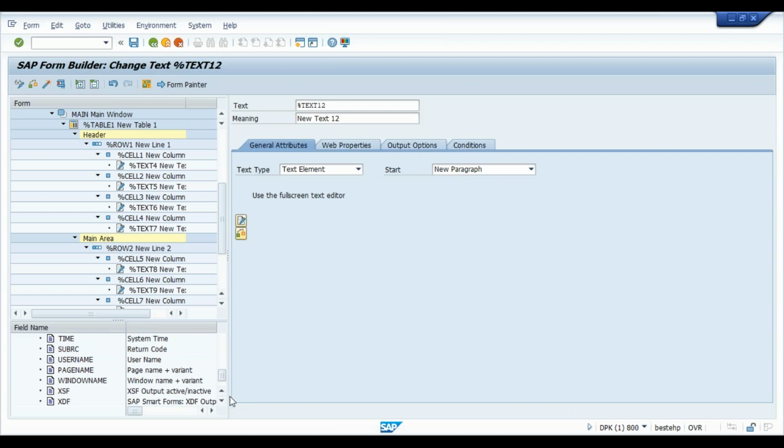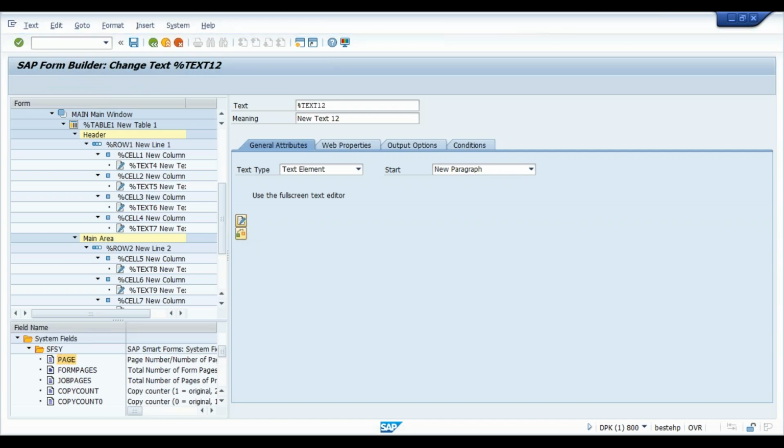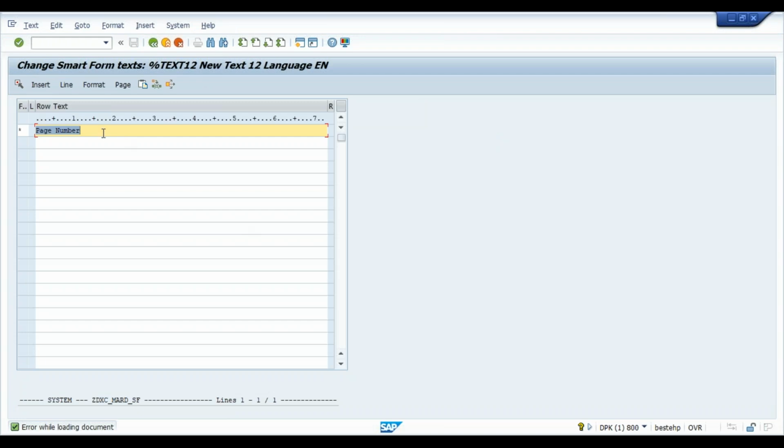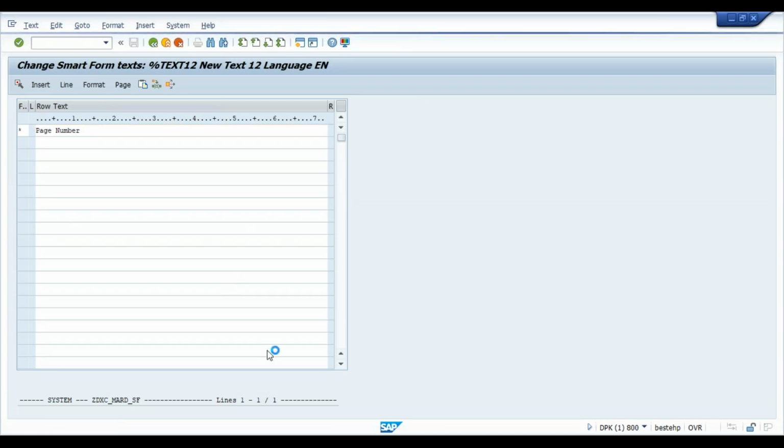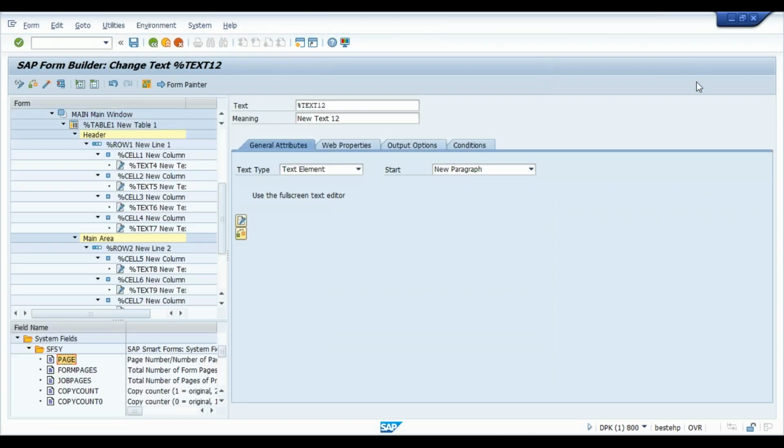page name, no, not page name, page number, page. So SFSY hyphen page. So we'll go for that one. Page number. This has already been done. So in the next column, we have to do that. So we'll go ahead with